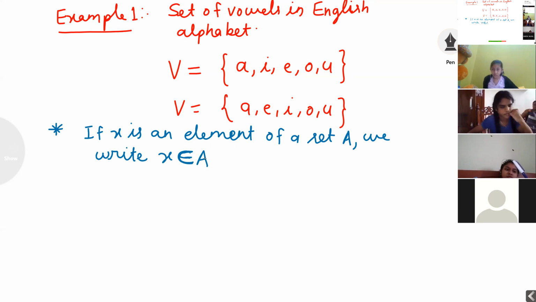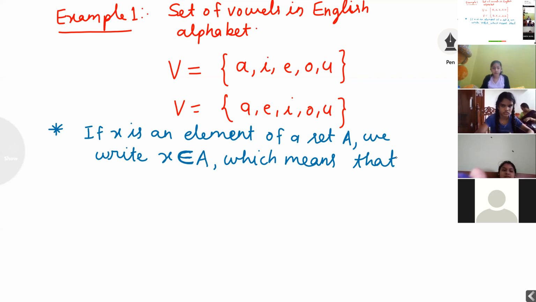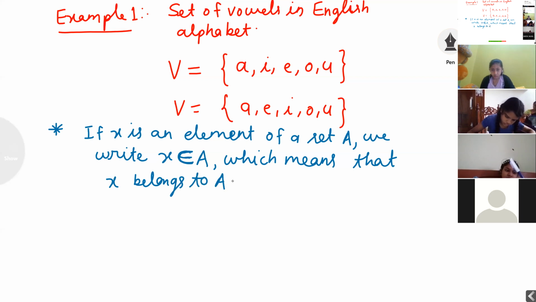If x is an element of a set A, we write x, the symbol, A, which means that x belongs to capital A. Understood, everyone?